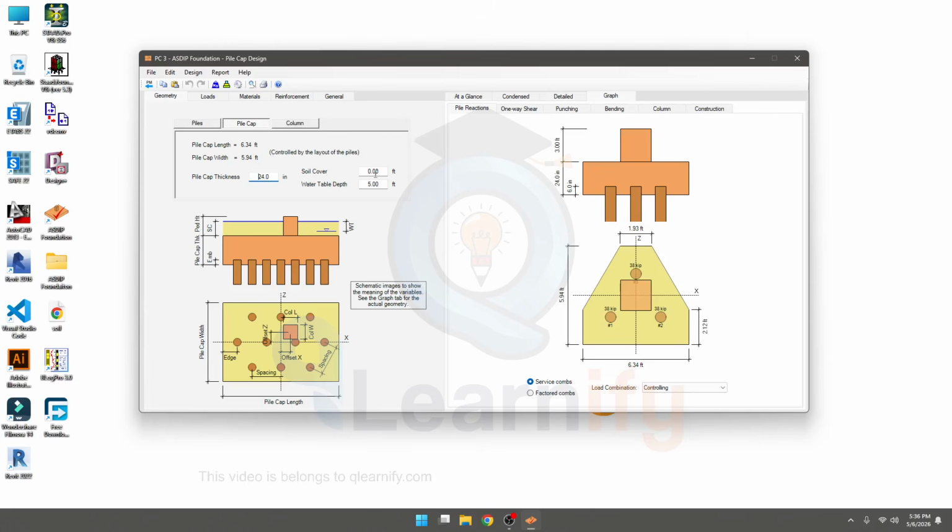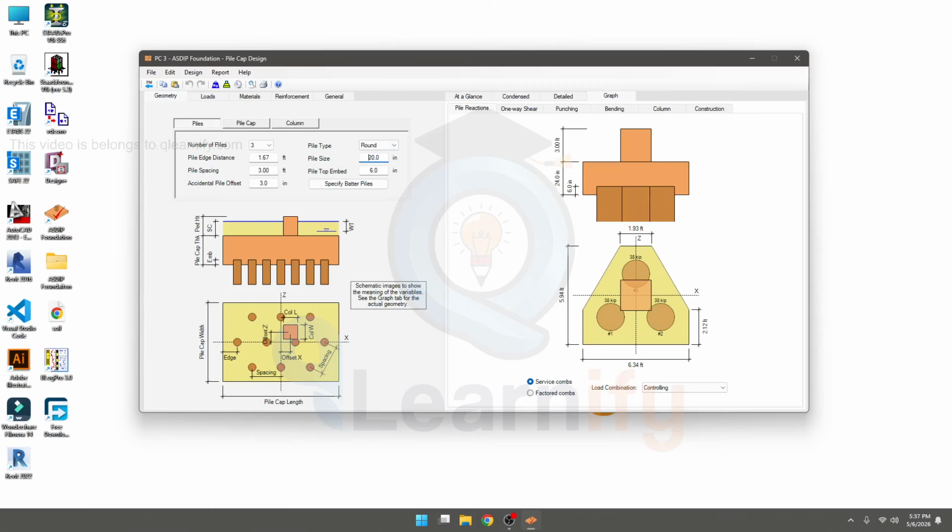And soil cover, water table depths, no need to do anything with it. And then I'll come here for piles. Okay, so which types of pile you are going to use? I'm going to use round pile, and pile size, I'll consider pile size as 20 inch. Our pile size will be 20 inch here, and also spacing between one pile to another pile, that will be, let's say,